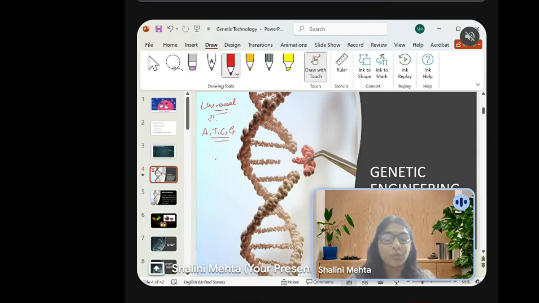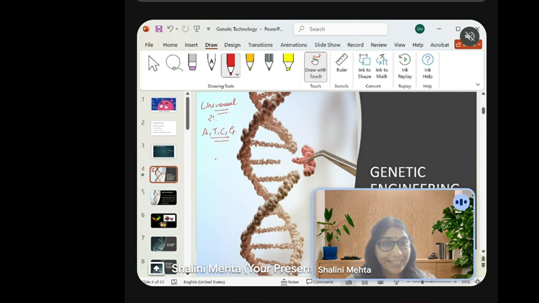As the genetic code is universal, it is possible for us to take out a gene from one organism and put it into another. Is the gene going to get expressed? What do we mean by gene expression? When I say that the gene has got expressed, that means it is going to express itself by forming a particular type of protein or polypeptide in the cell. If I put a gene from one organism into another, yes, it is possible that the protein coded by that gene can be expressed in the other organism as well.